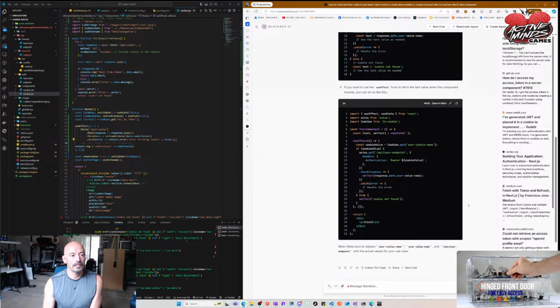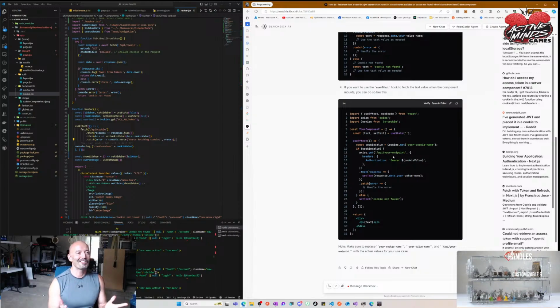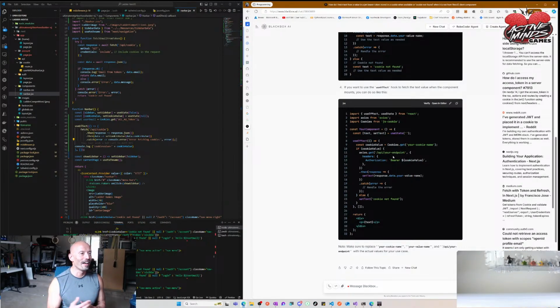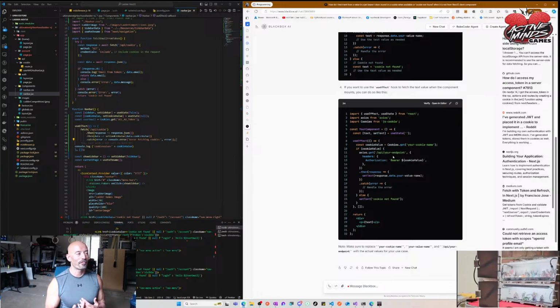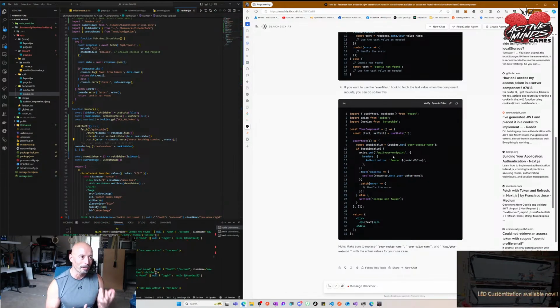Make sure to replace your cookie name. Well, no kidding. But see, now my use effect is doing the breakdown of the cookie. I don't want it doing that. I want my components to be stupid when it comes to the cookie. I want them to just go, hey, man, can you give me the value of this cookie? It's going to be cookie not found or an email value. That's all it's going to be. Or a name, or whatever I have that component do. And so for every page that wants to do anything related to it, it just calls that component or the piece that says, hey,